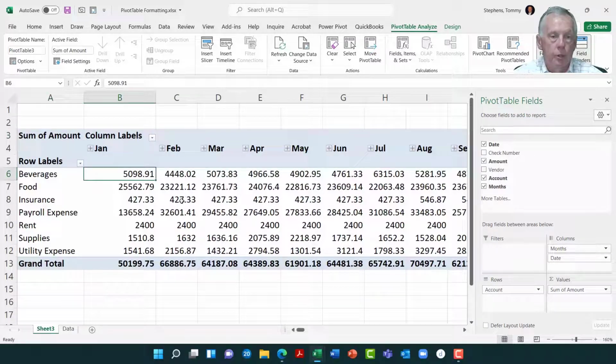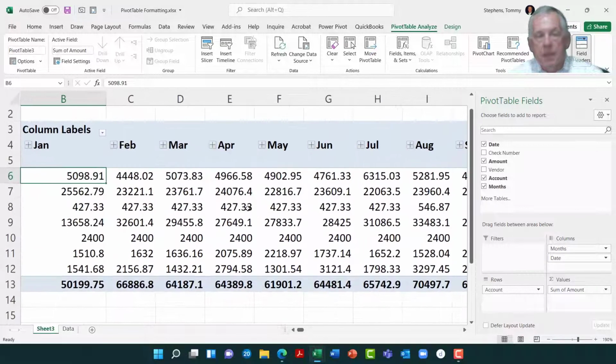So, for example, in this pivot table, we're getting summarizations of our expenditures at the intersection of each column and each row label, at the intersection of each month and each general ledger account. That's Pivot Table 101 stuff. Now, kind of continuing with the Pivot Table 101 theme, there are some things here, as I zoom in to